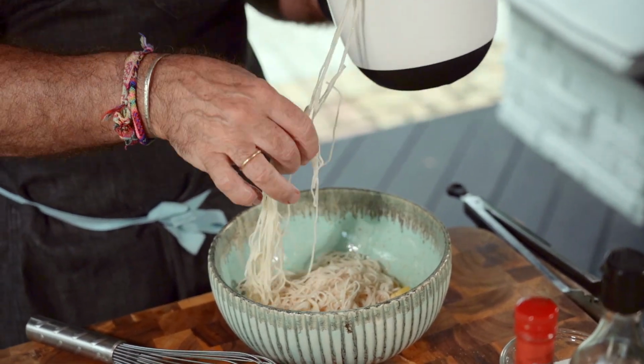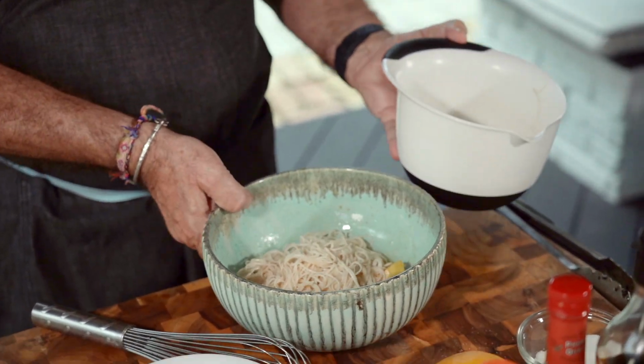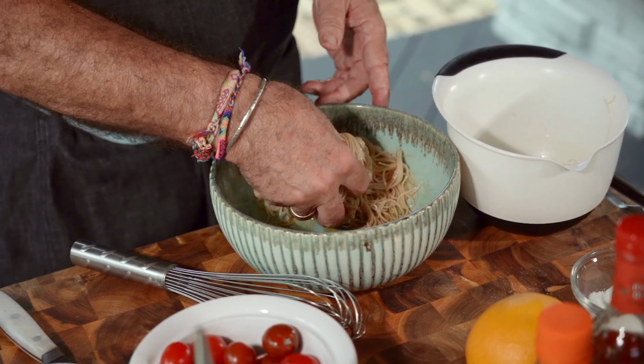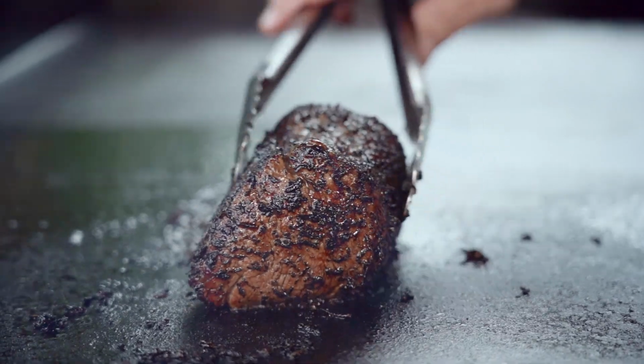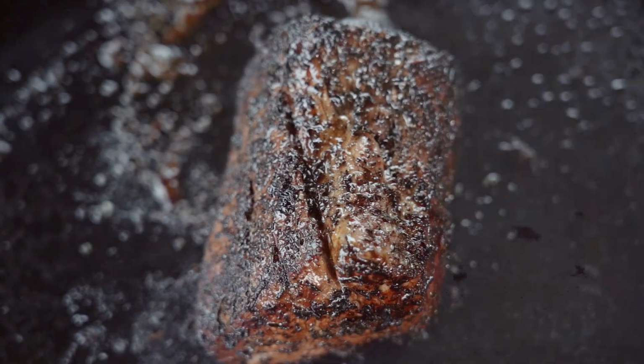I want to taste that vinaigrette. I don't want to have the noodles bland. For our noodle salad to be as refreshing as I want it to be, I'm gonna go ahead and put this back in the refrigerator so that it's chilled. When we slice the steak, it's gonna be going over those chilled noodles,